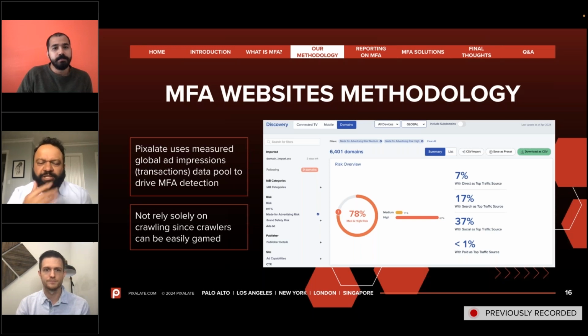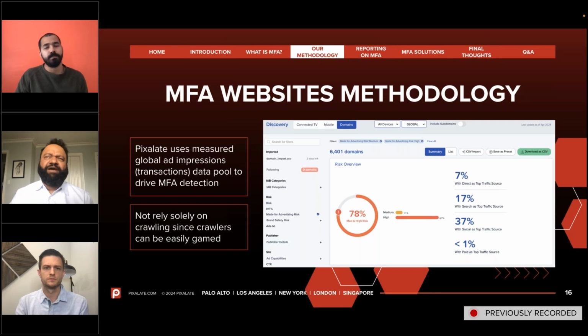Yeah, I want to add two points to what Melvin just said. One is I want to re-emphasize what he said about us being data-driven. When we say high, we don't just mean high as a qualitative metric, but actual outliers. I think that's an important thing to keep in mind. Just because we have identified that the signals are on the higher end of each of these metrics doesn't mean that we designate those websites as MFA. They really have to be, in a sense, the worst of the worst to be counted as MFA.